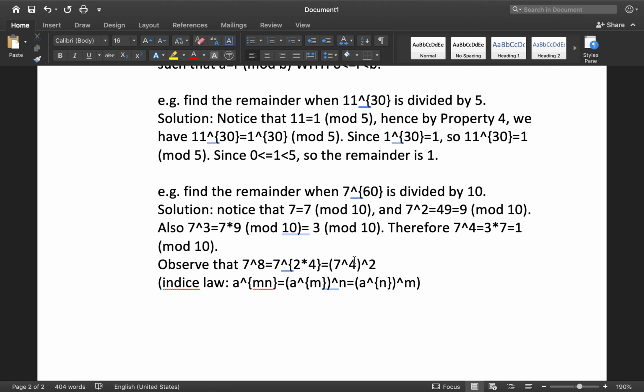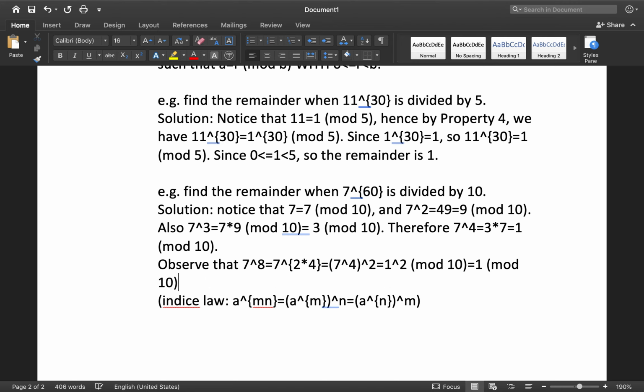But 7 to the power 4, after you take the congruence, is just 1. Okay, to the power 2, this is modulo 10. And because 1 to any power is just 1, it must be equal to 1 modulo 10 as well. So you just showed that 7 to the power 8 is also congruent to 1 modulo 10. In fact, you can see that no matter how many powers, if you have 7 to the power 4 times m,